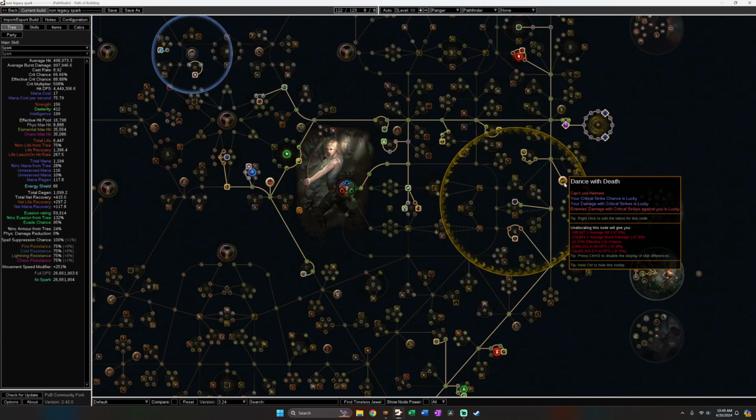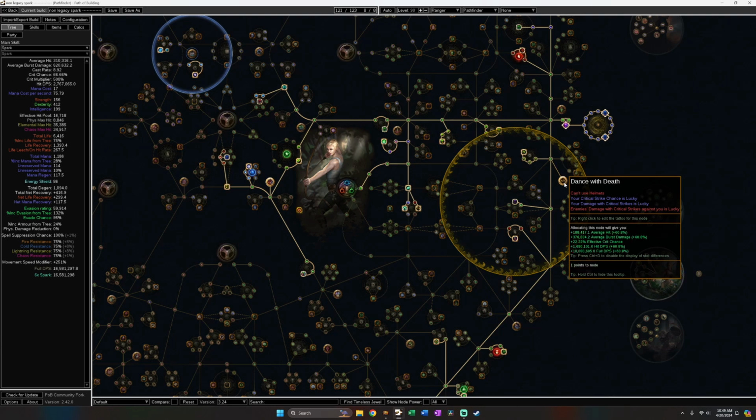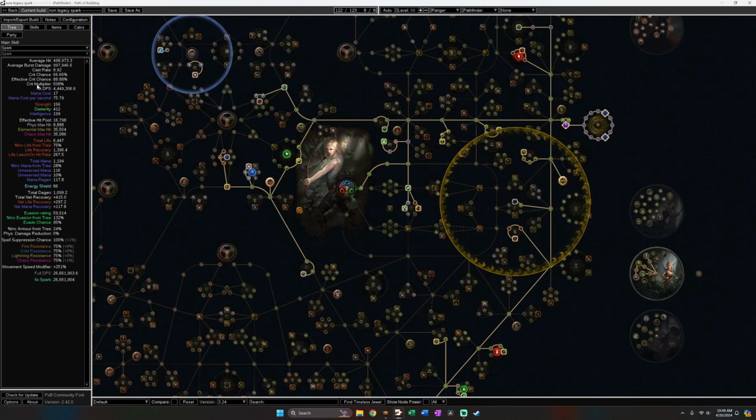As you can see, our DPS is like 27 million. We take it off, it's 17 million. And the reason for this is because this POB has a little bit higher crit than what is super optimal, but if you have around 50 crit, which is the most optimal number for lucky to have because it gains the most benefit, if you had 50 crit, it goes to